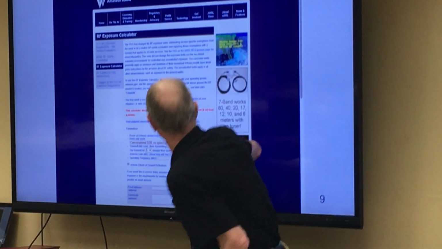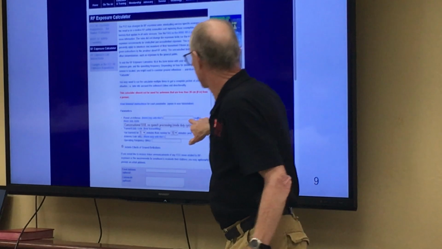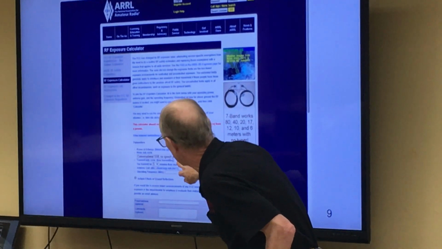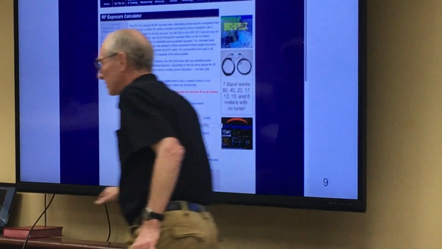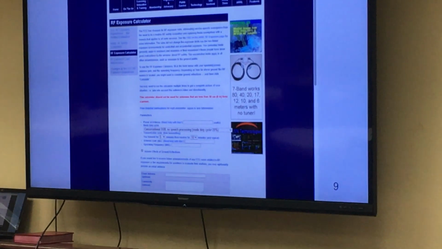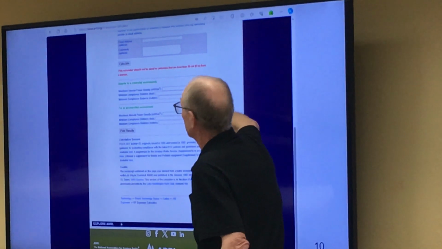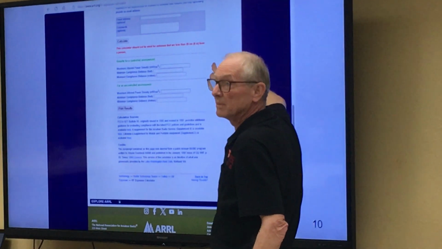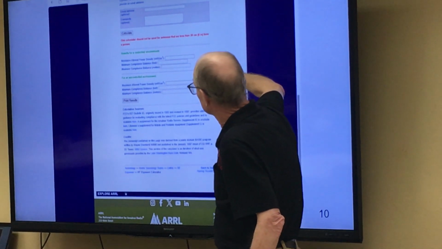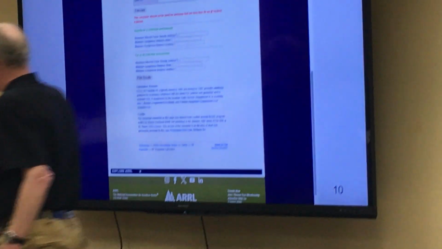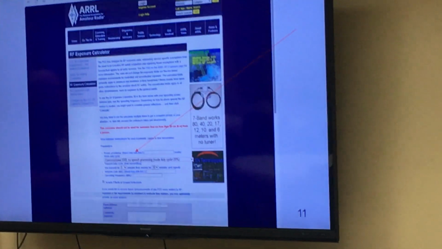On this page, right here, it has the word watts. This is where you plug your watts in. It talks about duty cycle, and then the second part of the page, this is where the numbers that you will copy down populate, and this tells where you can go get this information from, this Bulletin 65. So back to the top part,